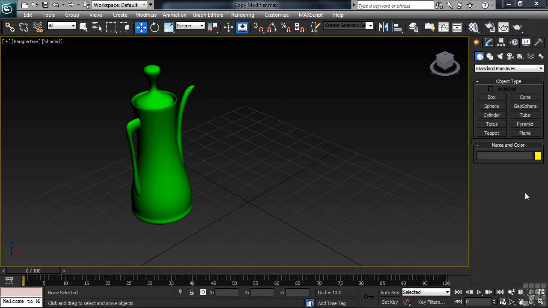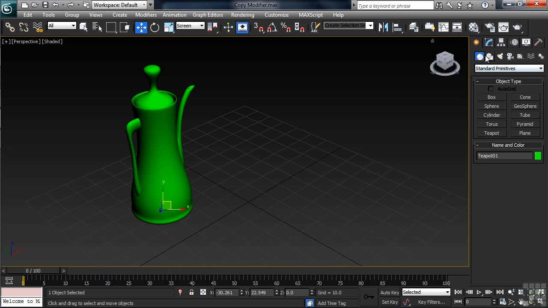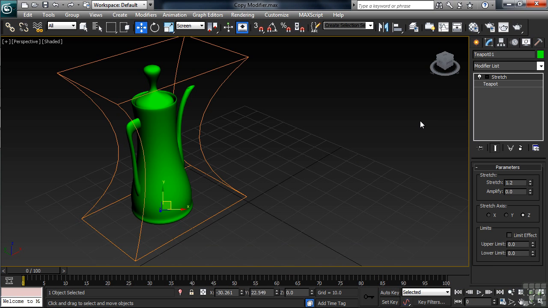Modifiers can be copied from one object to another. Let's take a look at how that's done. I'm using a file named copy modifier, which can be found in the working files folder. If you select the teapot, then head to the modify column, you'll notice that a stretch modifier has already been